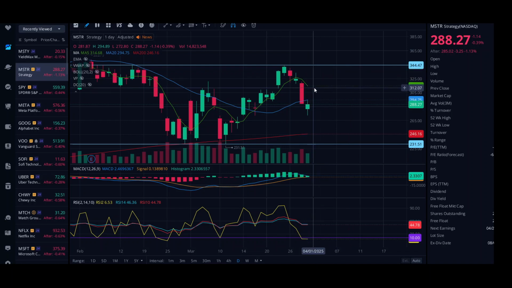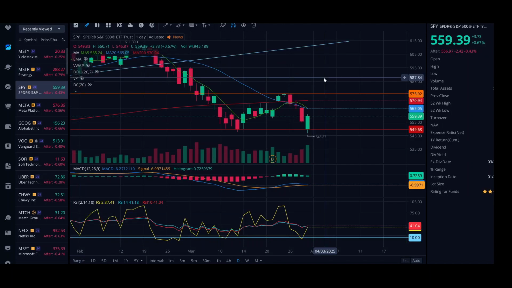So let's just take a quick look at the overall market and see where we're at on that. Here we are on the overall market, and this is the SPY, which is the S&P 500, and I like to use it to see how the overall market is running. And as you can see today, we actually had a nice big green candle. It went down pretty low this morning, but then recovered and ended up actually closing higher than the close of